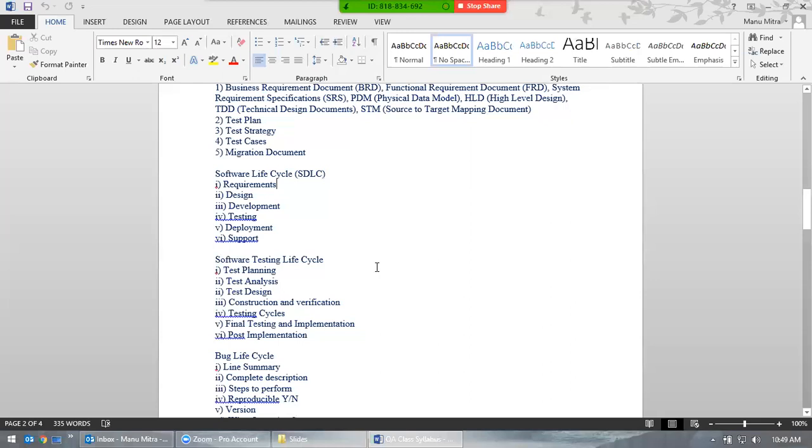Next, we'll go to this SDLC. That is software development lifecycle. I mean, this is not a software. This is not a tool. Somebody said to me in the previous class, "Hey, give me access to SDLC." So it's not a tool. It's a framework. Okay, so we'll talk about this in detail.